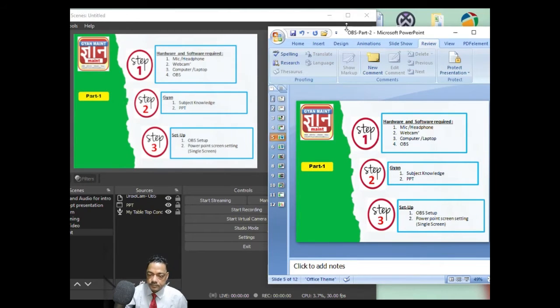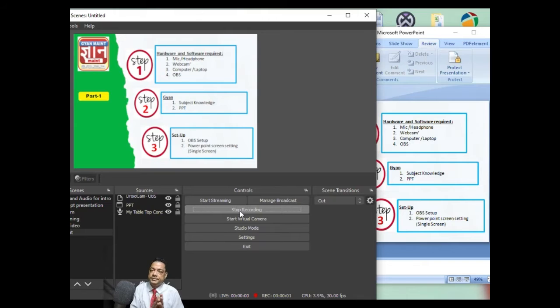Now when you want to record, just start recording. So the recording starts. Now I have not set the camera here, so it's not showing, but the recording is being started and it is displayed here. See, now the recording is being started. Now if you stop this, then the recording would be saved in the same folder. I will show you that folder also.